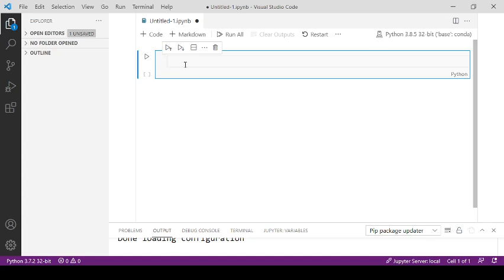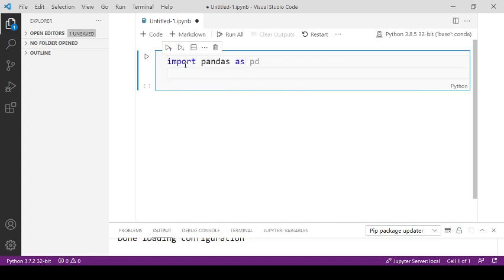Now let's read one CSV file and then we will plot that data. First of all we need to import pandas. I am giving the alias as pd. Next statement, we are reading a CSV file using the read_csv function of pandas. This we have discussed already. read_csv, and then we need to specify the path of the CSV file.